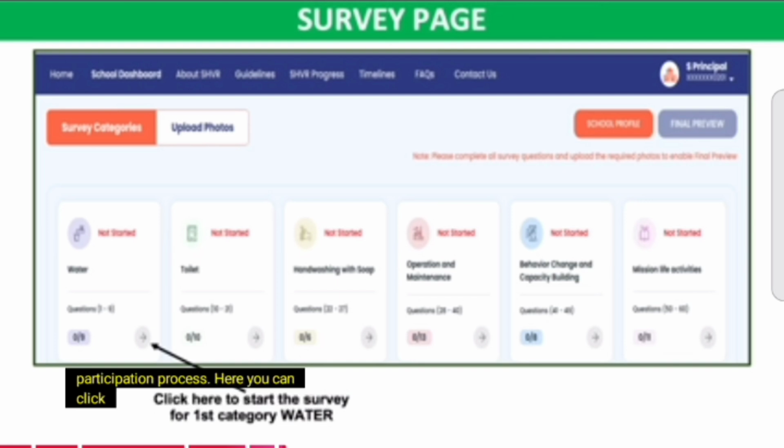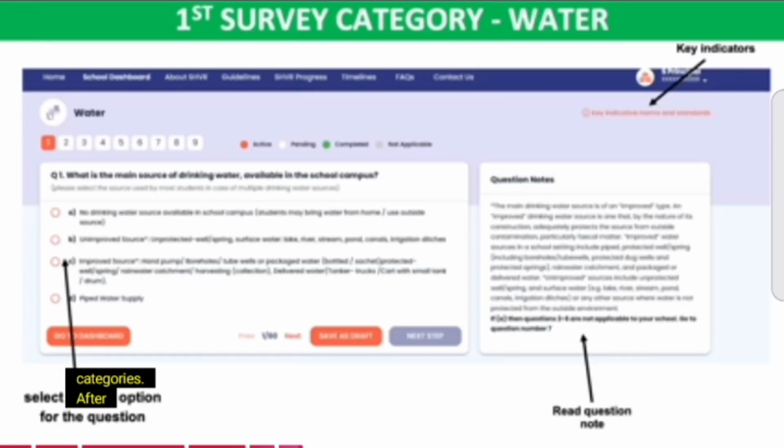Here, you can click on each survey category: water, toilet, hand washing with soap, operation and maintenance, behavior change, and capacity building, mission life activities, one by one to complete them. For your convenience, we will show you how to fill the water survey category so that you can similarly complete the other 5 categories. After selecting the first category, water, you have to select the best option suited for your school